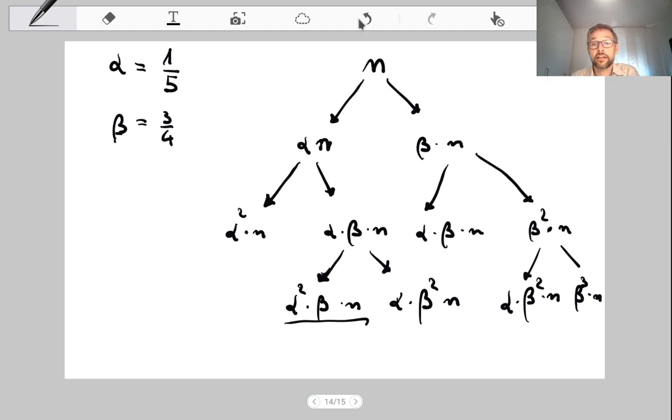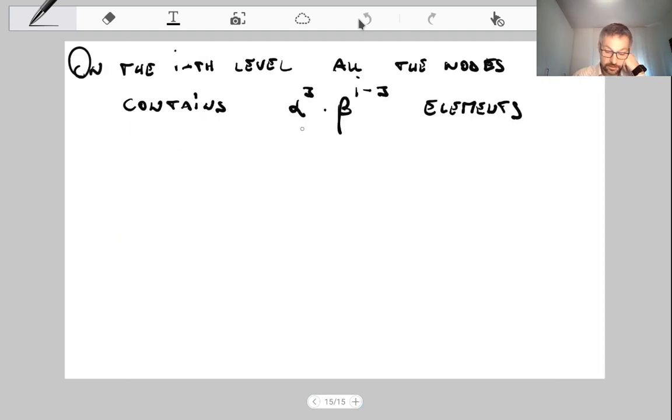Well, of course I can simply select twice at the beginning, twice right moves, and then one alpha move. Or I can select an alpha move and then twice the right move. Or I can select a right move, then a left move, then again a right move, and I end up exactly in that situation. So the number of nodes at the ith level having this configuration,